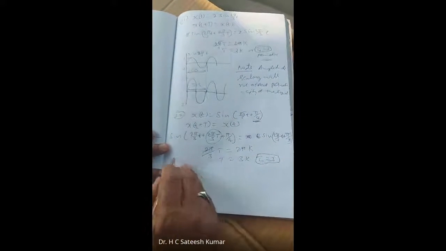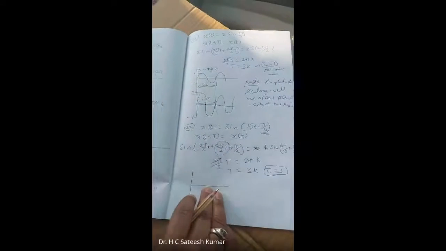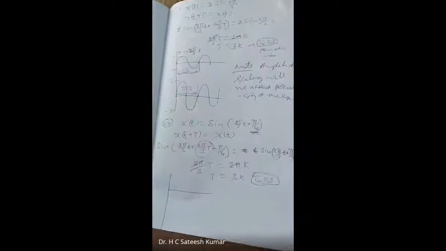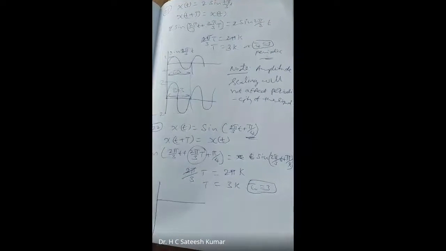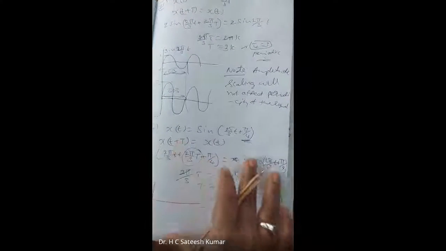Now let us check it with a graph. In the examination, you don't need to show the graph. Just for your information, I am showing the graph. You check it and write it. This generally carries 2 to 3 marks. Don't expect more than 3 marks. Maximum 3, minimum 2. Don't expect, sir, I have written one page and I should get 5. No. Maximum is 3, minimum 2.